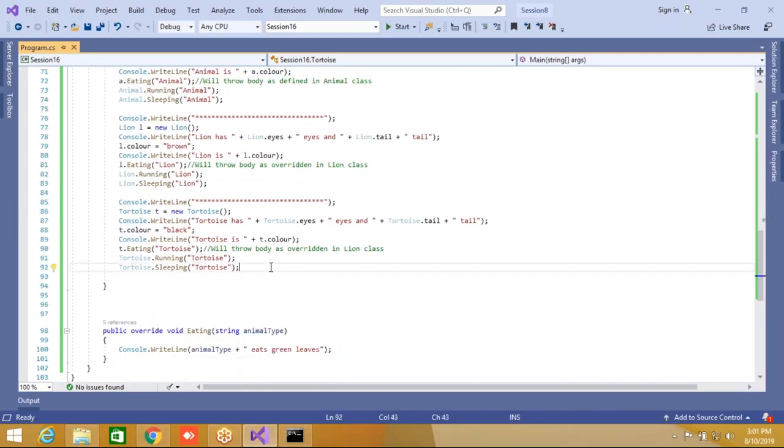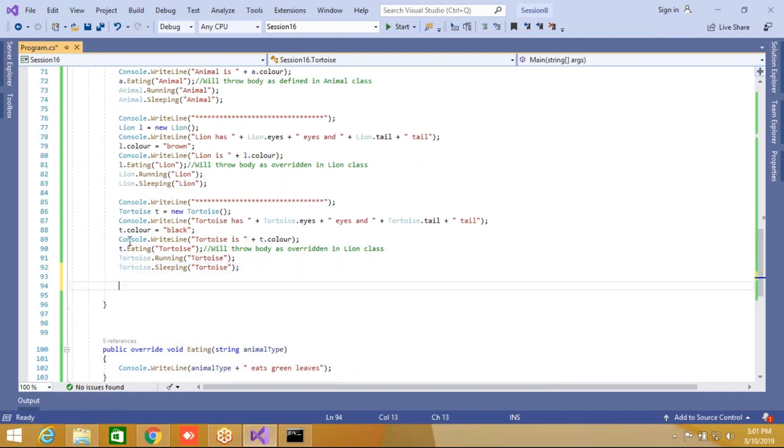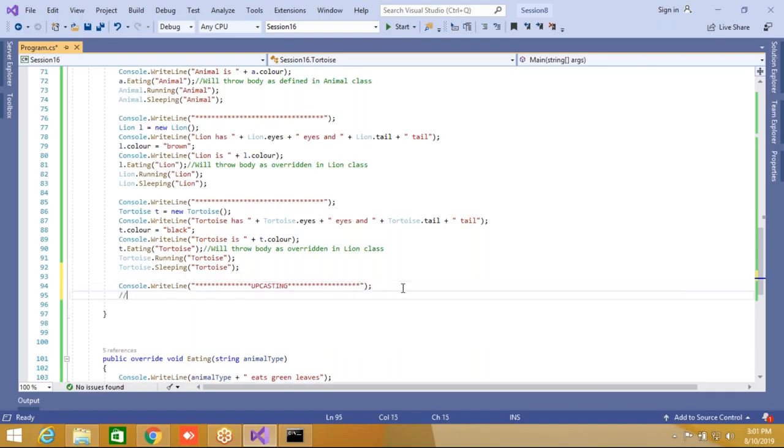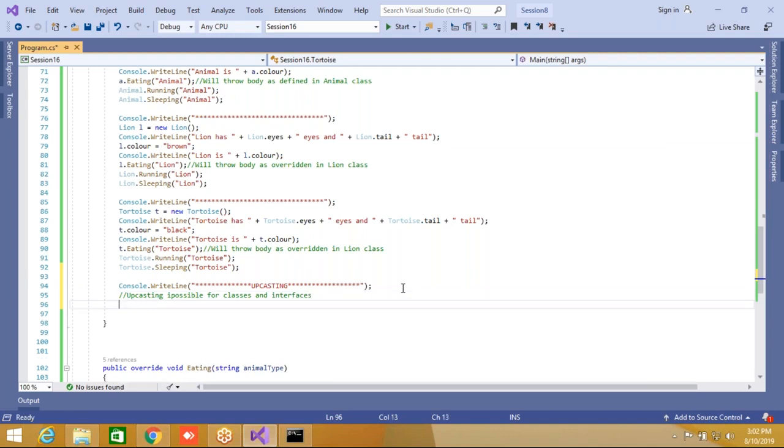I would like to show you something. Let's define it out here, Console.WriteLine, something called upcasting. Now, certain things which you need to understand. Upcasting is possible for classes and interfaces. Second thing is that for classes,